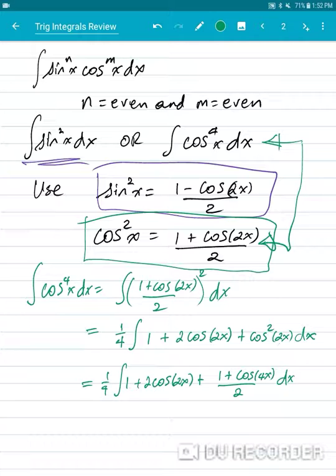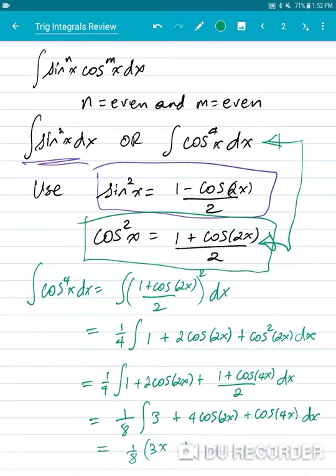Okay, and this is something that we can integrate. I'll leave it for you to do, or maybe I'll just quickly show you what this looks like. 2 plus 4 cosine of 2x plus 1, so let me make that 3, plus cosine of 4x dx, and this is 1/8 of 3x